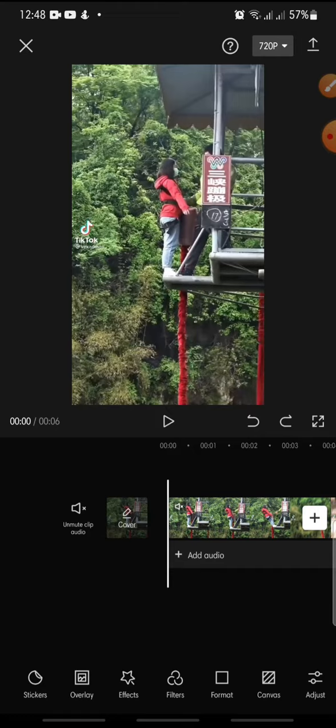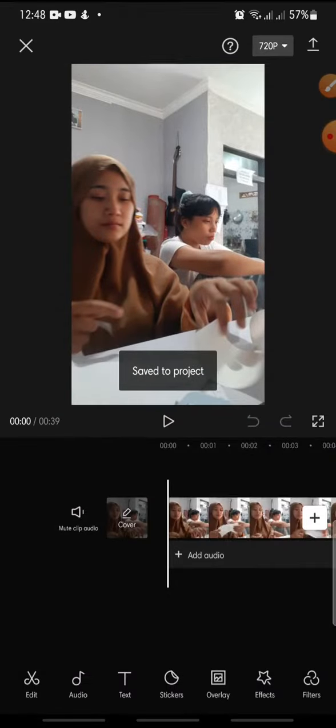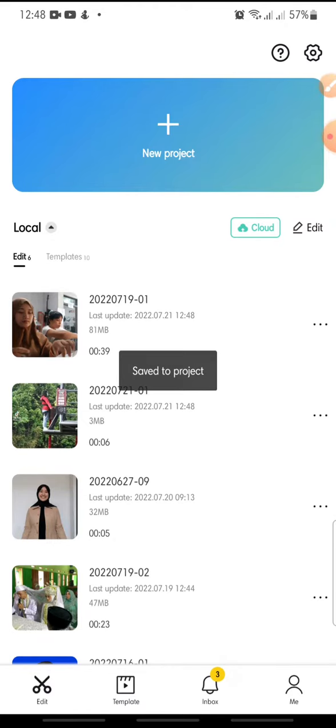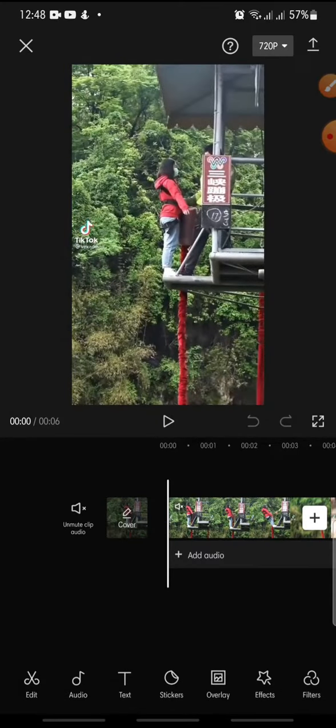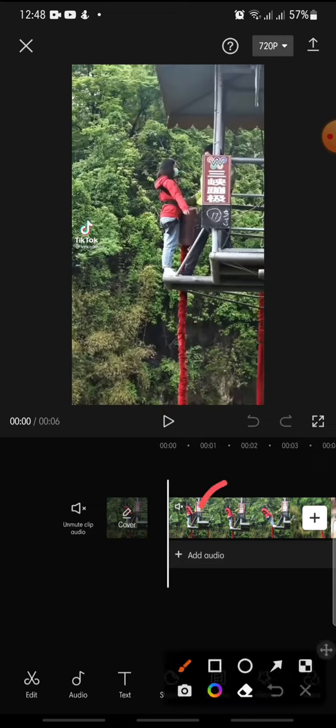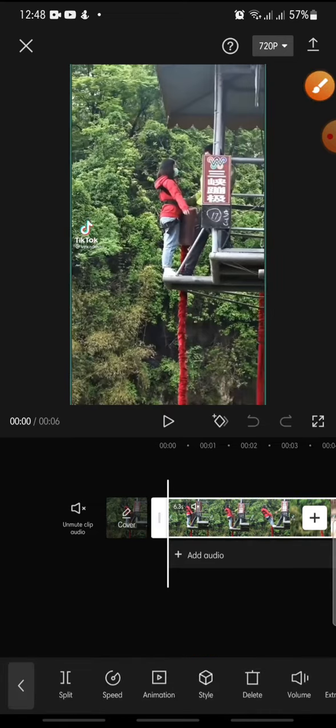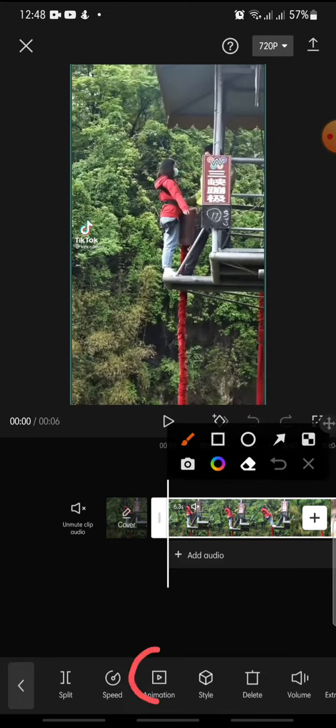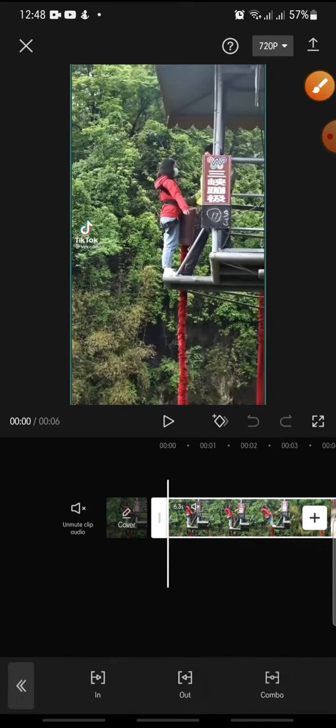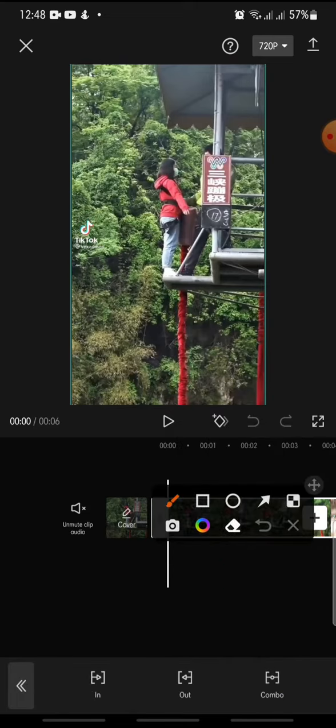Now let's get started. First, after you open your CapCut apps and add the video that you want to edit, you just click on the video. Click on it, and after this you can click on the animation. Click on it, and now you can click on the combo,